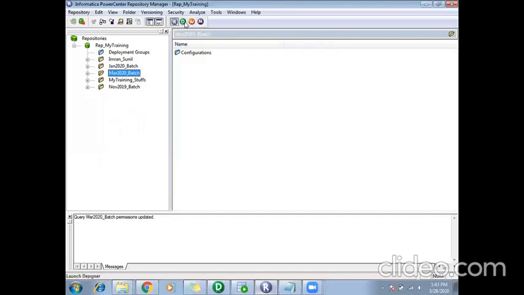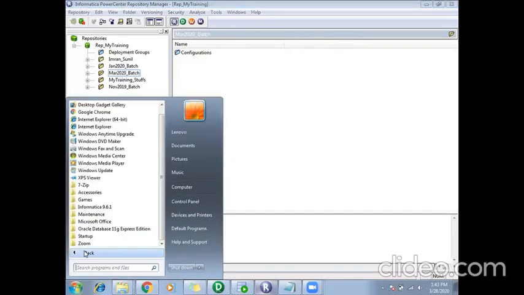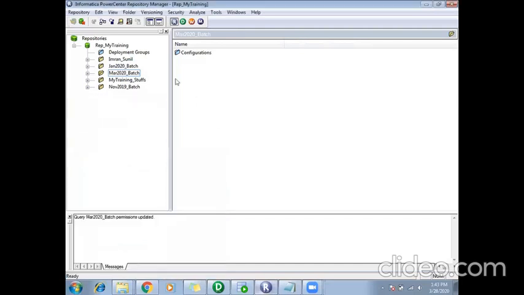These are the 4 components we have. I can switch from one component to another within the component only. If I click on D here, it will open the designer window. W stands for workflow manager and M stands for workflow monitor. Instead of every time going to the Informatica folder and opening the windows, I can switch between the components here only.